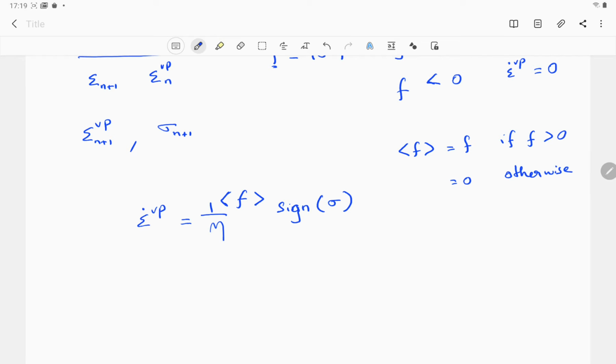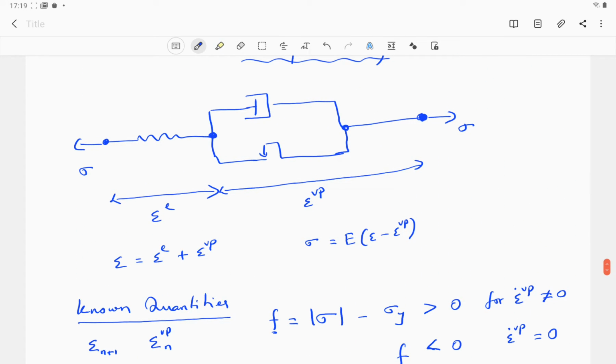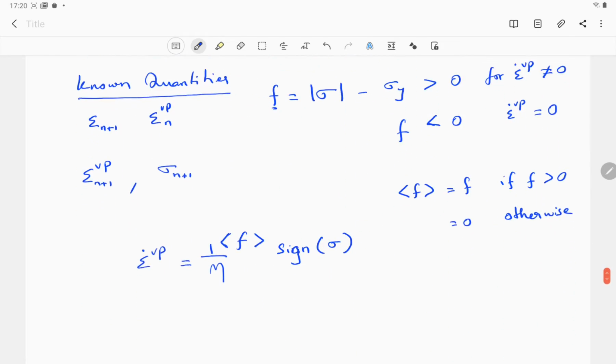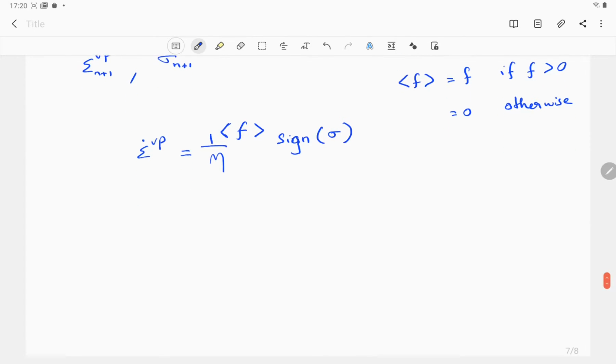Okay, because that you can see, if we are pulling, then the epsilon dot Vp is going to increase, and if we are compressing, it's going to decrease, right? So therefore we can easily say that epsilon dot Vp is equal to Macaulay bracket of F by eta sine of sigma. Okay, so